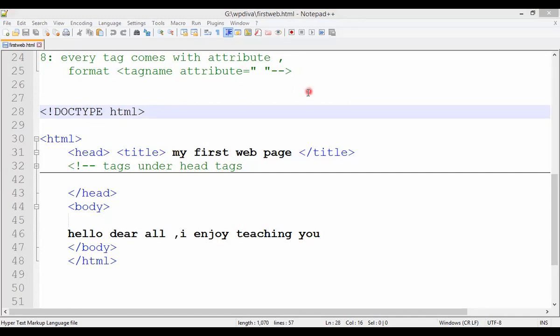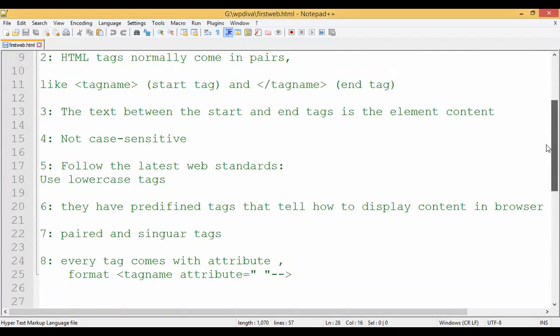So the first tag which I write is what? Doctype, right? The second tag which I write is html. The second tag which I write will always be html, right? So what does it indicate? It is the beginning of your code, right? It is also called the beginning of your code. Along with that, I have already specified the rules in the PPT, right? So see here.